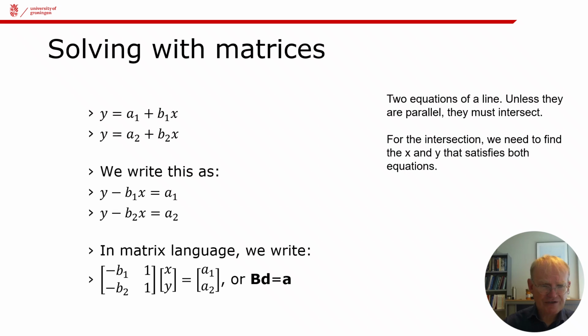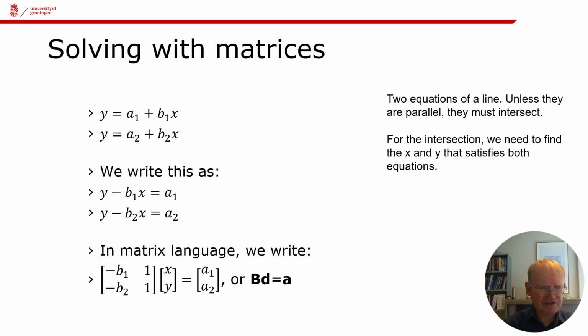Well, to get started, we rewrite the equations a little bit. So we started with y is a1 plus b1 times x, and a2 plus b2 times x. This is to make it general, so we can substitute any number for a1, a2, b1, b2. But the whole idea is that these things get real numbers in there. We're going to rewrite that